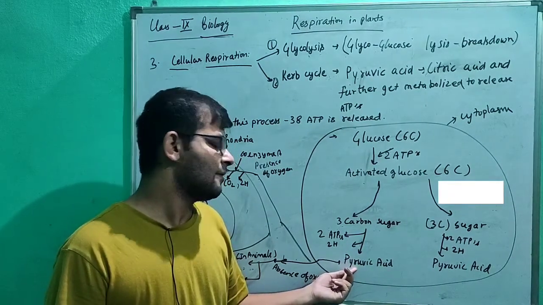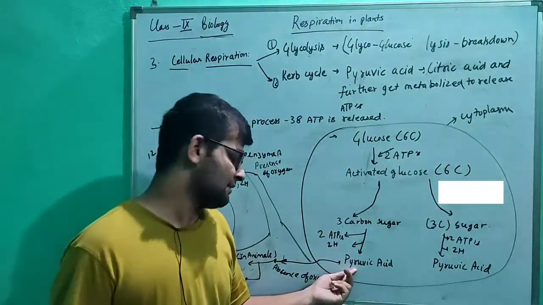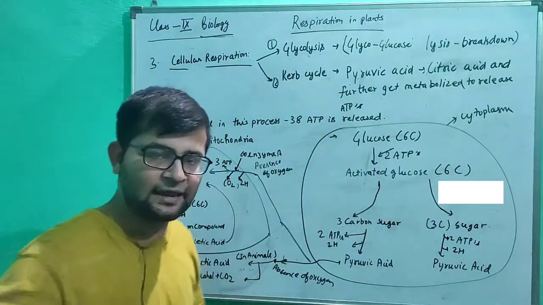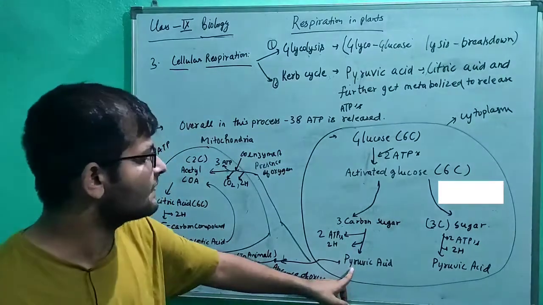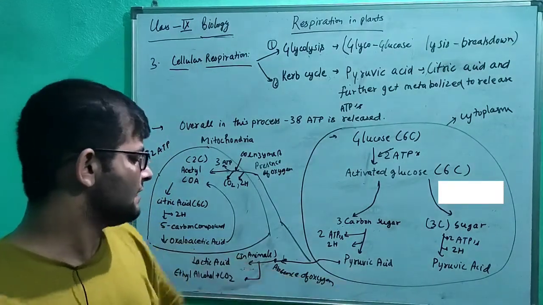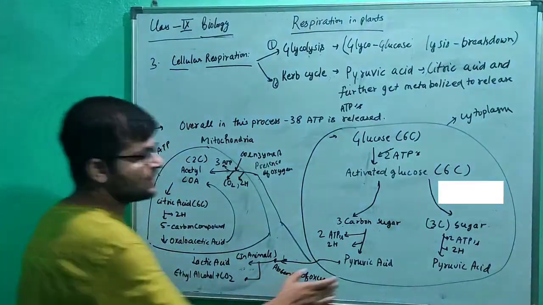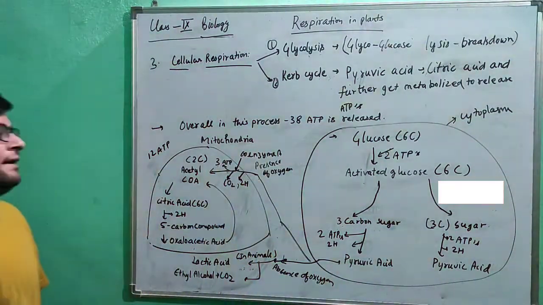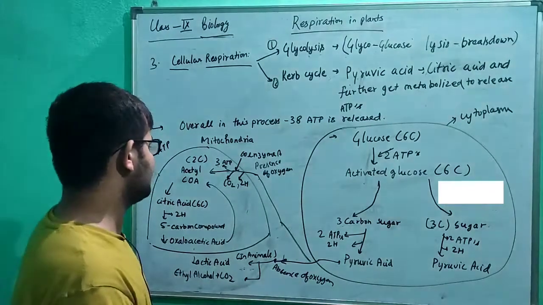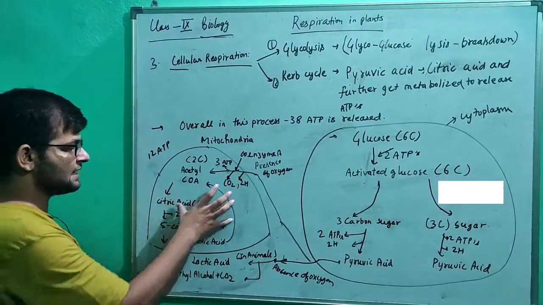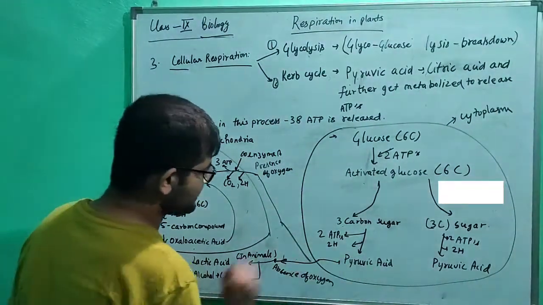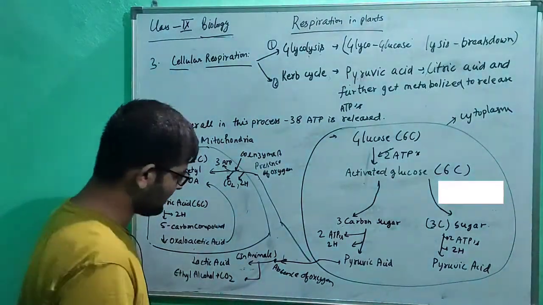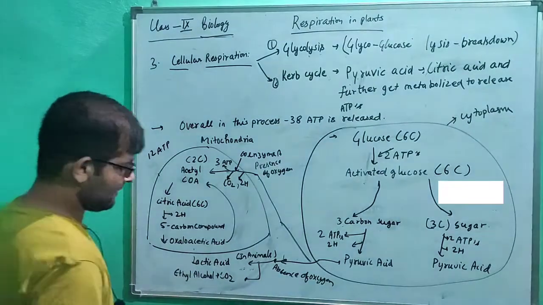When it gets more metabolized, and that is it takes its course in the reaction, it gets converted into pyruvic acid. For the pyruvic acid, these two molecules have the choice. If oxygen is present, they will do something like this, and if oxygen is absent, they will get converted into lactic acid and ethyl alcohol plus carbon dioxide.